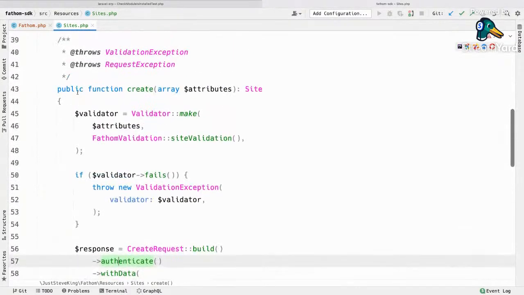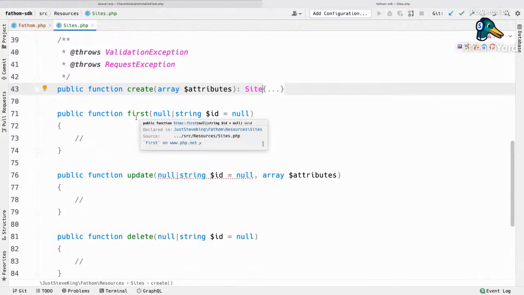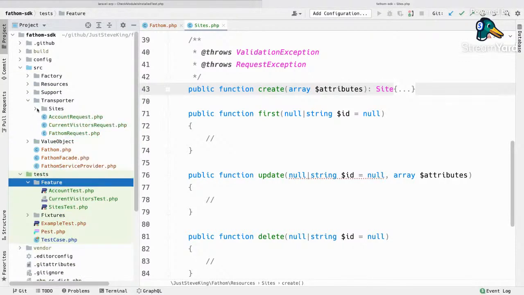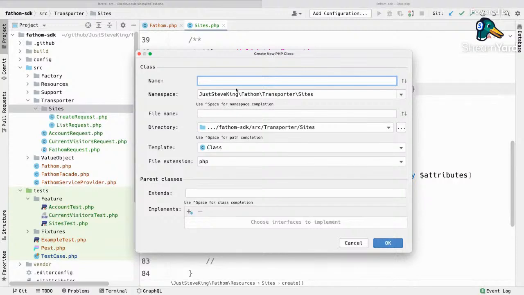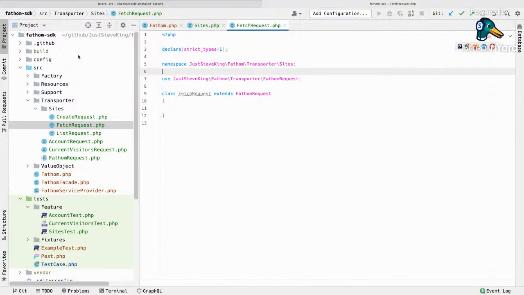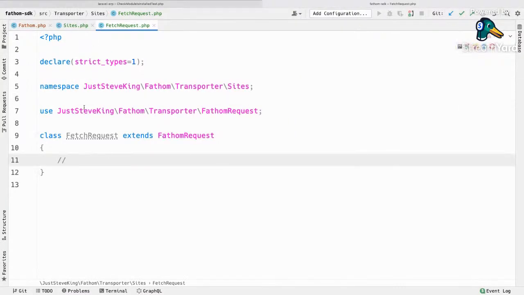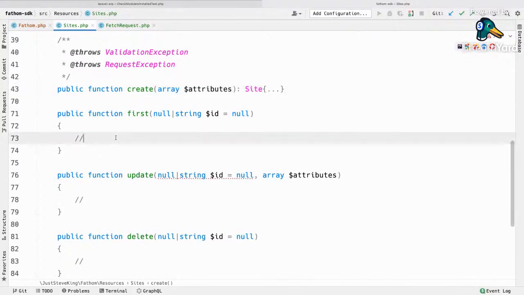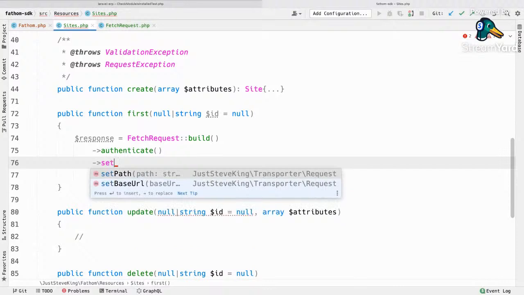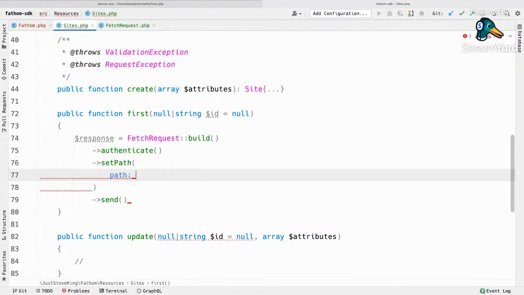So we can now close that one down. First site. So what we need is just a fetch request in here again, just like we did yesterday on Tuesday. A fetch request is going to extend the Fathom request. Simplify that one. Do a little bit of tidy up. Don't want anything on that. Then on the first here, the response is going to be the fetch request, build, authenticate, eventually send, but we want to set the path, and the path is going to be